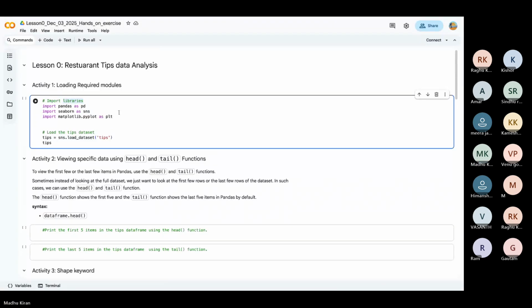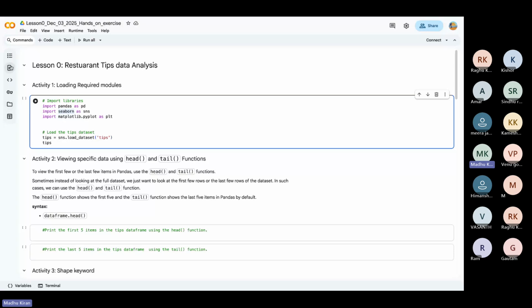And here we are importing some modules. What is a module? Why do we have to import it? All that we'll discuss again. But we have to import these modules to use the functions inside them. So here we are loading a data set. There are 3, 4 different ways of loading a data set. Luckily, this restaurant tips data set is available inside the Python Seaborn module itself. There are some free data sets available for practice inside the Seaborn library itself. It's a library for creating plots.